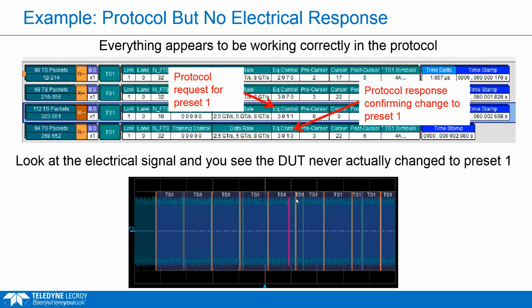But when you look at the electrical waveform, it never actually changes. So just because it's giving the response in the protocol doesn't mean the electrical TXEQ settings ever change. In this case, you can see it didn't really change. This problem would not be caught in a protocol test, because it's just an electrical problem.